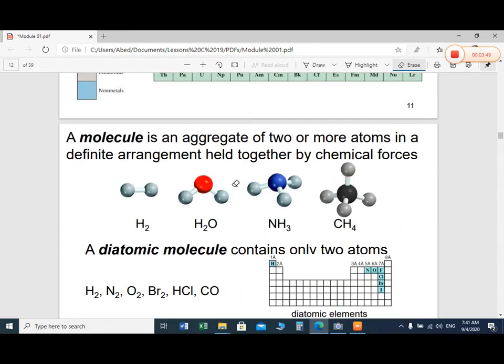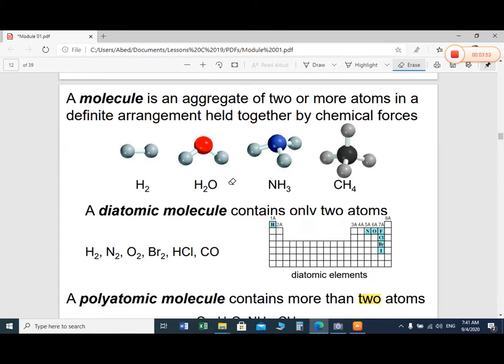Now we have finished almost all the things about the atom, and now we come to the molecule. Molecules are simply the combination of 2 or more atoms arranged in a particular manner. This is called a molecule. A very famous example is water. 2 hydrogen and 1 oxygen atom will make the water molecule. Hydrogen gas is always in molecular form. Ammonia is also a gas with 1 nitrogen atom and 3 hydrogen. This is the stick and ball model, or you can say structure also. And this is the methane example.